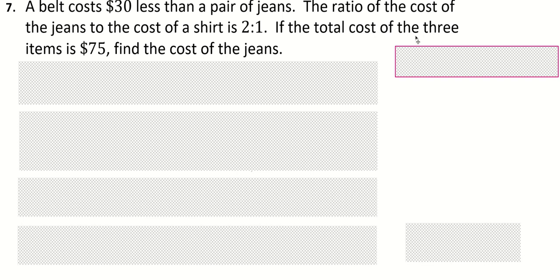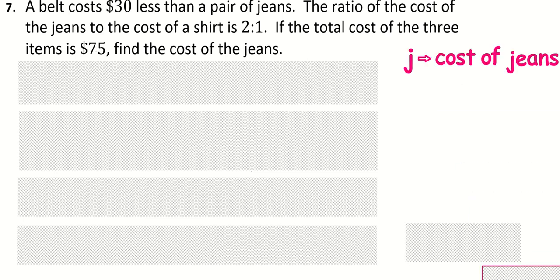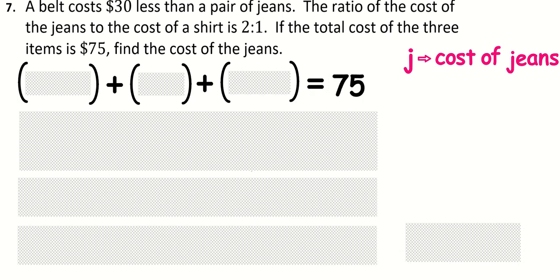If the total cost of the three items is $75, find the cost of the jeans. So all we need to figure out is the cost of the jeans. But that doesn't really mean that there's not, at the beginning, 3 unknowns. We don't know the cost of the jeans. We also don't know the cost of the belt, nor do we know the cost of the shirt. So we can at least get this going,